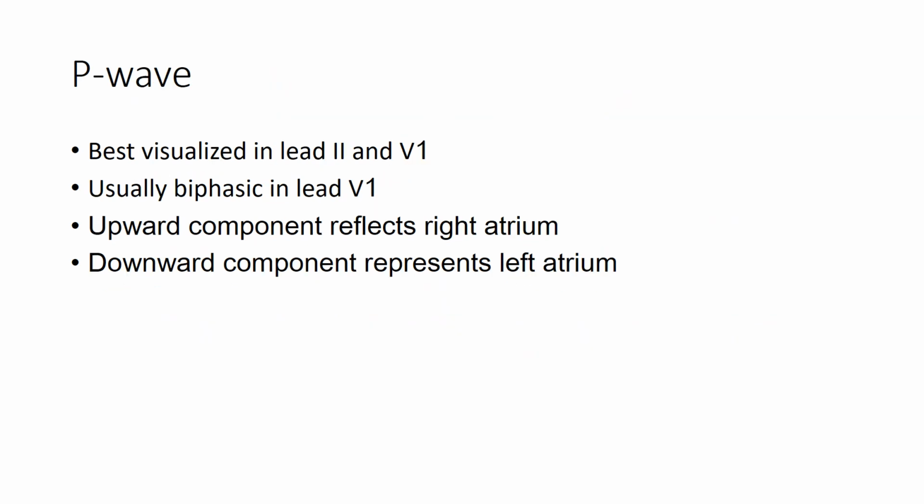So now we come to the discussion of P wave. P wave is best visualized in limb lead 2 and chest lead V1. Now we are going to apply the concepts we have already discussed, as the direction of limb lead 2 is from right arm to left foot, means it is directed downwards and leftwards, and we have already discussed that